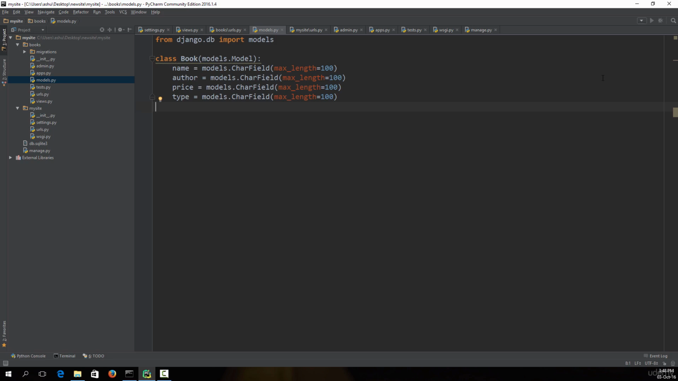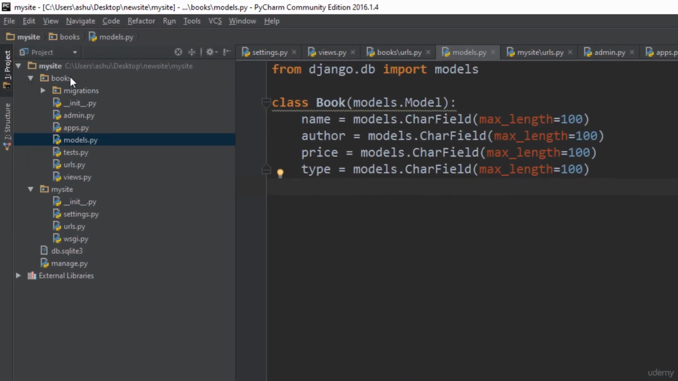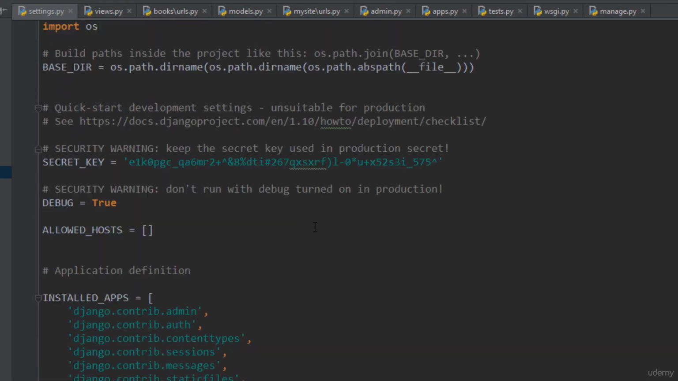The first thing is that you need to check if the database for the particular app which you are using, so right now we are in the books app, so we need to make sure that this particular app is installed. So in order to check that, you need to go to the settings.py file, and if you